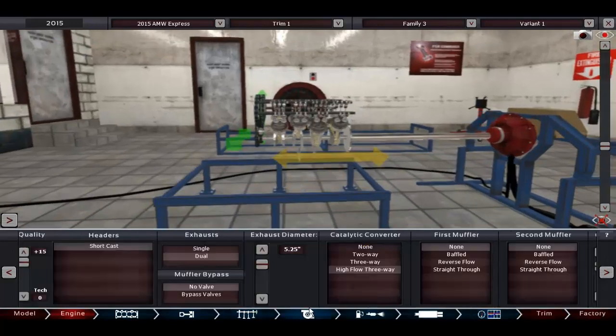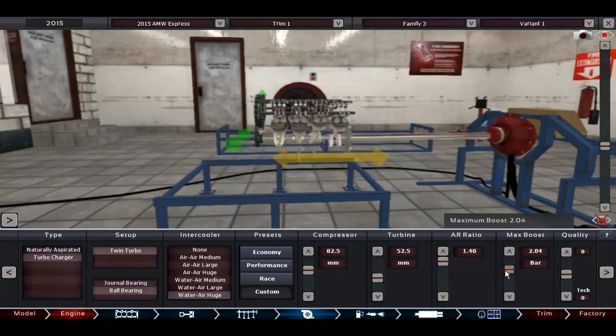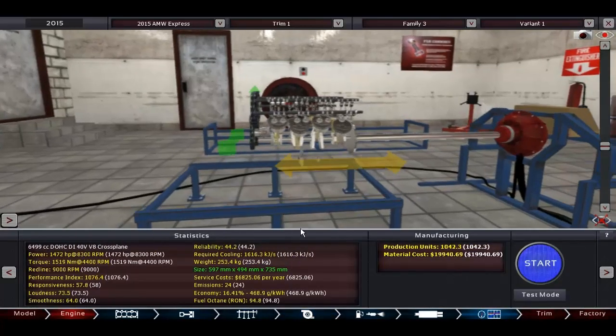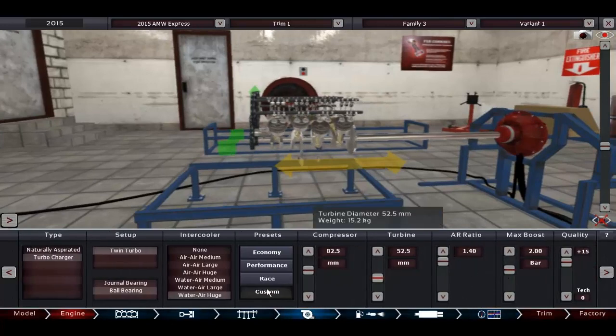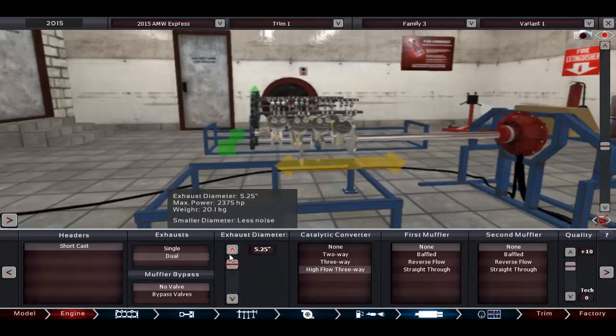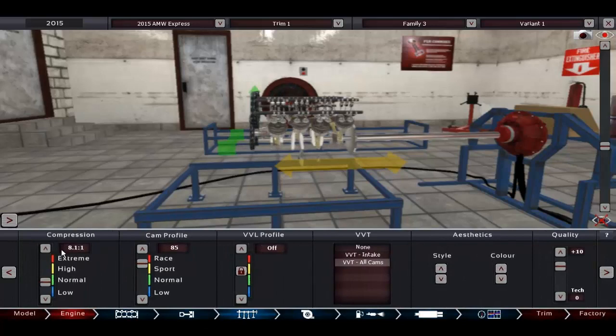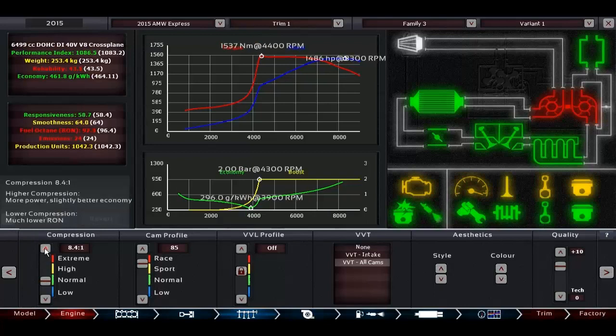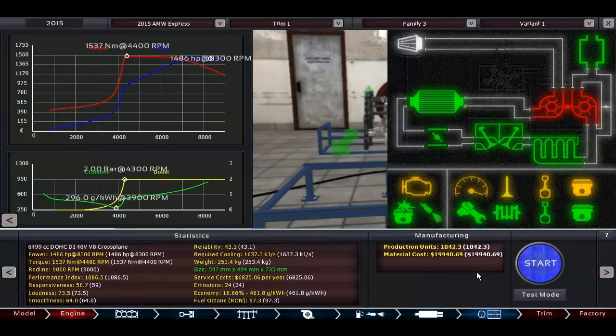1350. Well, we have so much more to go. We just have to go for like 2 bars or something like that. Oh, and we need to increase turbo quality. 1472. That's still by far not enough, by my metrics at least. So we're gonna go. Please show me this again. 1486 at how much? 8300? That's a nice power and torque curve though, so maybe that's...